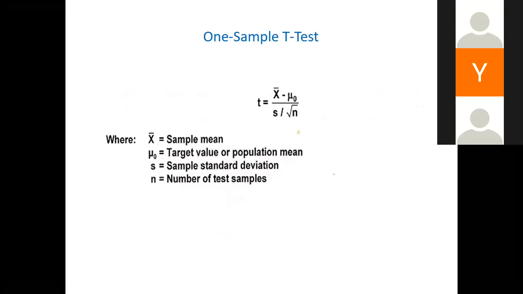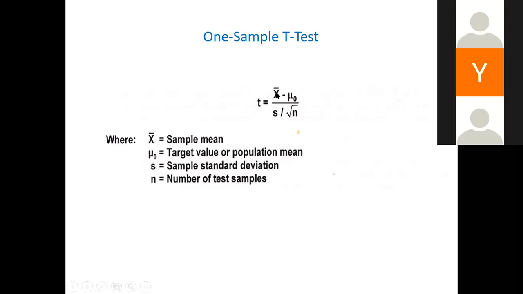You are comparing your value with, say, a similar study that has been done before where the average blood sugar was this. So you only have the average blood sugar from the literature, and you have access to only one sample, which is the sample you have. Of course, you can calculate the average for your sample and data set. That's what we call one sample t-test.